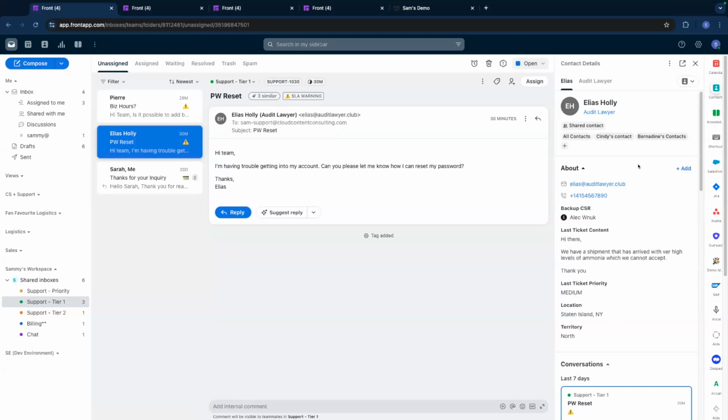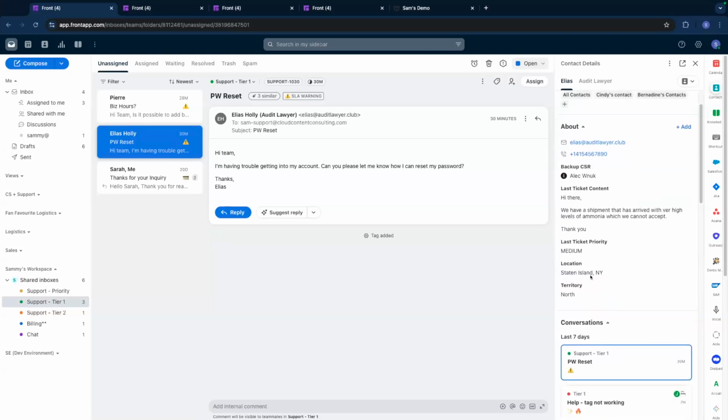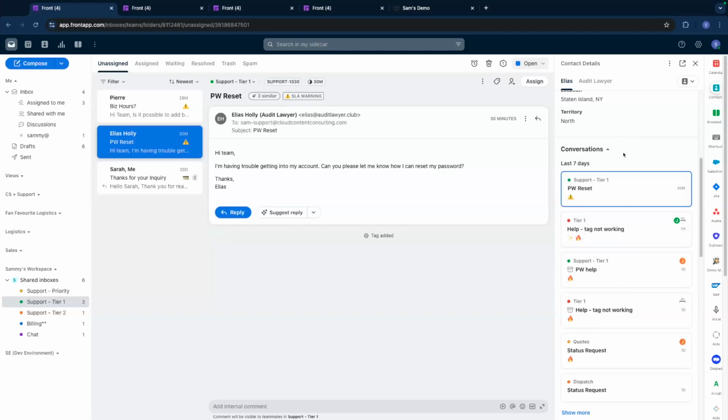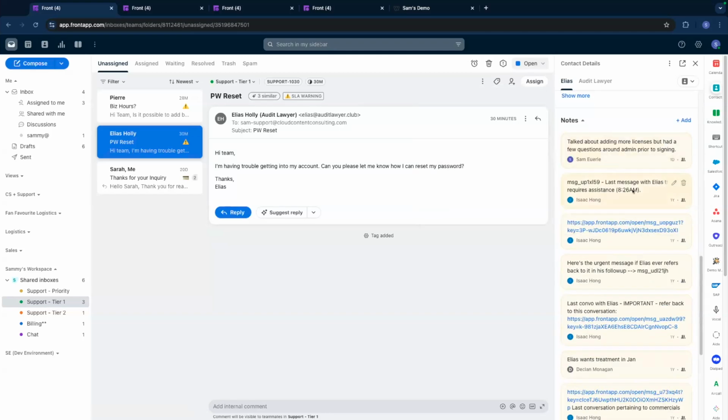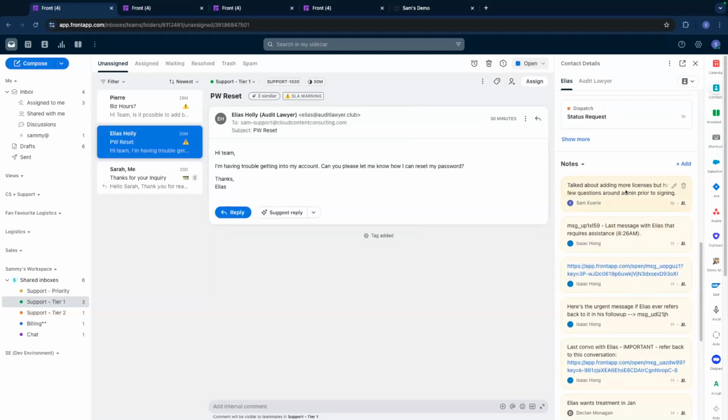about Elias. This can maybe be syncing with our Salesforce or our HubSpot or CRM, right? And we can store key information like where are they located, who is their CSR. We can also see in here all of our past conversations with this individual, as well as maybe internal notes that folks have left on Elias's account. So I can see here that they talked about adding more licenses, but have a few more questions prior to